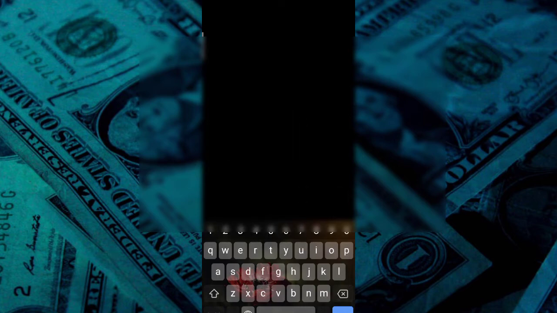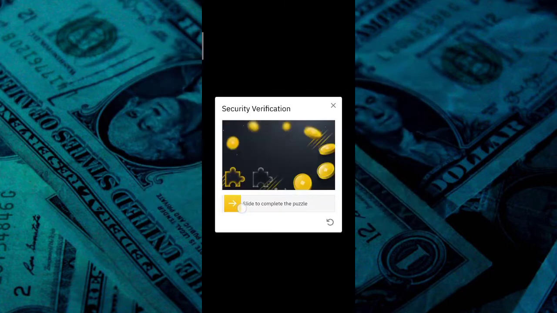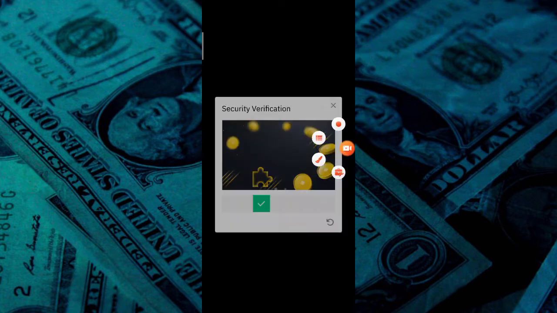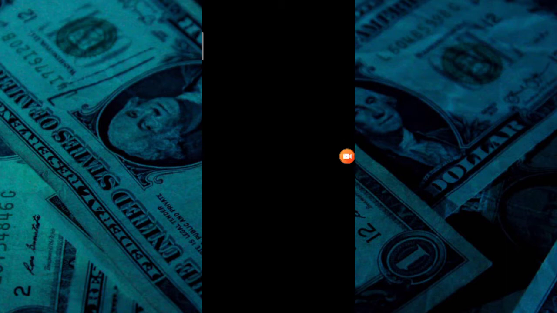Okay, now you open the app. When you open the app first time, you have to log in or sign up. You already signed up, so you have to put your registered email ID. You get an option like login with email address and login with a mobile number. So simply enter your registered email ID and password, and you can log in into the Binance account. You have to do the same captcha again. This cannot be recorded because this is protected content, so you can do it by yourself also.